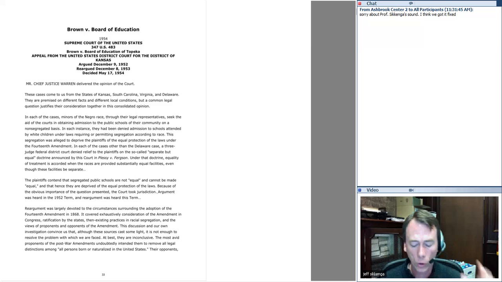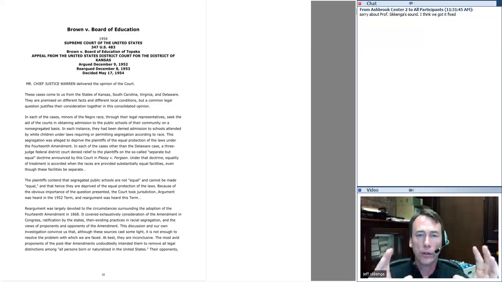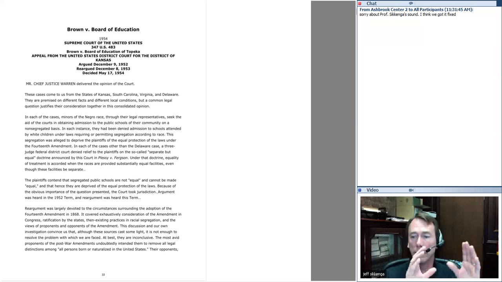He says, so it makes African Americans feel inferior, and as a result, they cannot take advantage of educational opportunity, and that denies them the equal protection of the laws. So the court's understanding of equality is not colorblind here. It's that the law should not make anyone feel like a second-class citizen. And he says that's what legalized racial segregation does in public education. That's the argument that could command a majority on the court for Warren in 1954. In fact, it commanded a unanimous opinion.